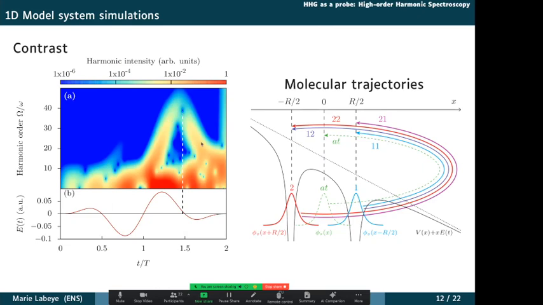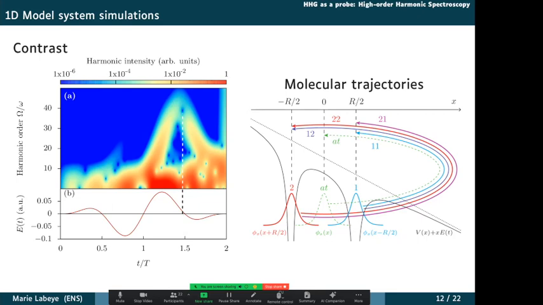It's a bit technical, but I can explain all the things that we see here if you want at the end. But the important part is that this frequency is emitted at a time where the electric field is almost zero. And that's what controls the contrast of the interference. And that was something that had many discussions in the literature also.